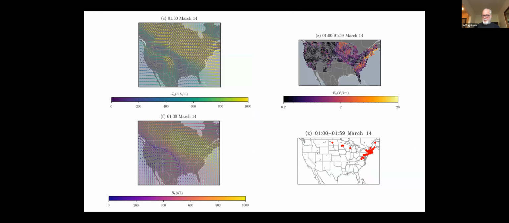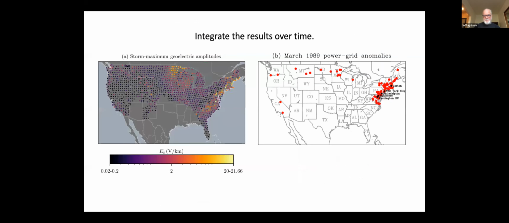Looking at that in a little bit more detail, again, geoelectric field on the top right, anomalies on the lower right. Looking now again at the Electrojet that, we can understand, was generated across the contiguous United States. It's directed to the northwest, and the magnetic fields that it's generating tending to be directed to the southwest, just as per Ampere's law. And correspondingly, we see that correlation with geoelectric fields and the anomalies.